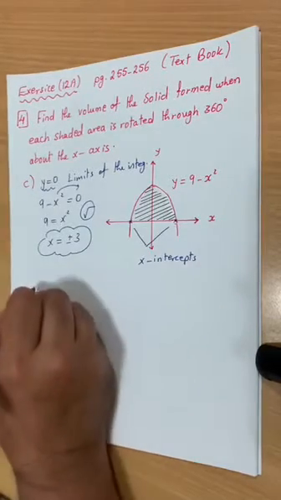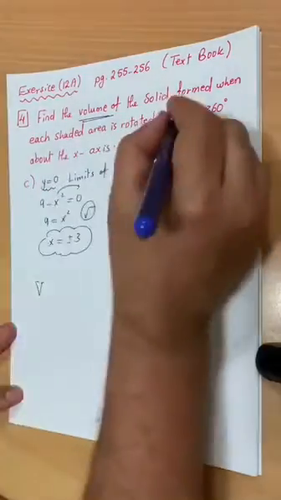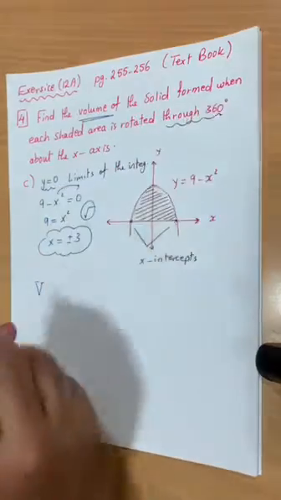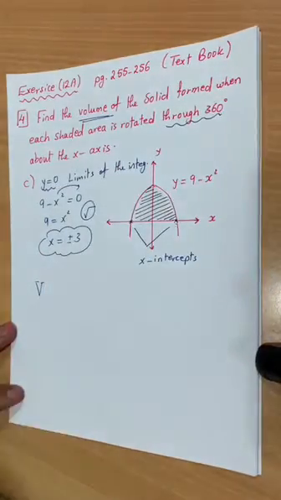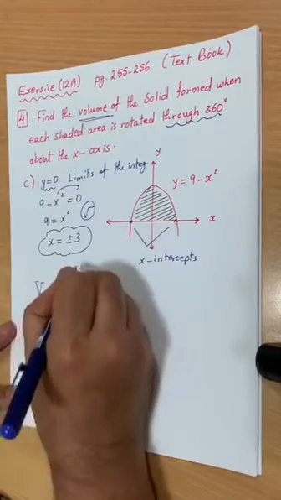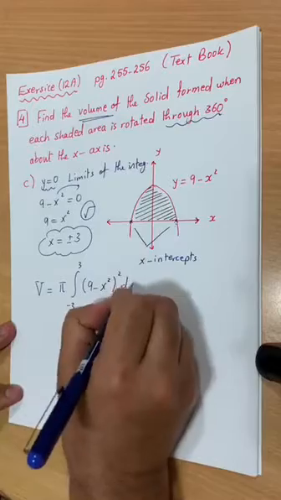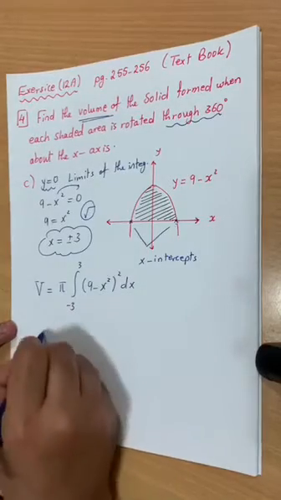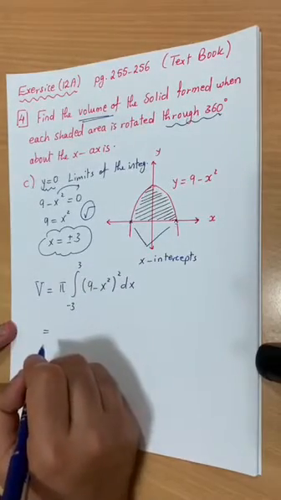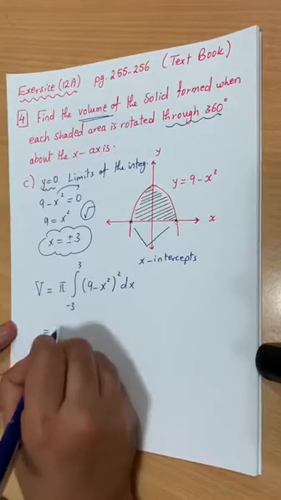Then you're going to use the formula of the volume, because it's required to find the volume rotated through 360 about the x-axis. Volume is equal to pi integration from negative 3 to 3 of (9 minus x squared) all to the power of 2 dx. I told you, if you have the same limits, one of them positive and the other negative, you have to double the integration and start from 0. So 2 pi